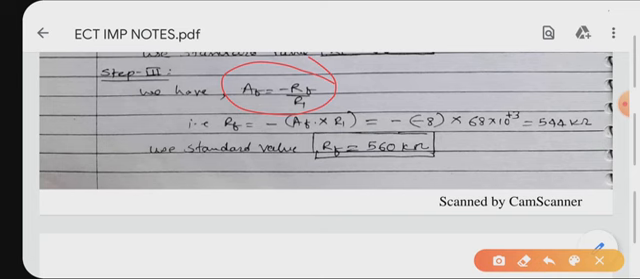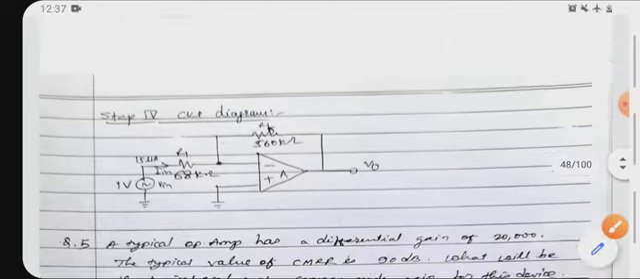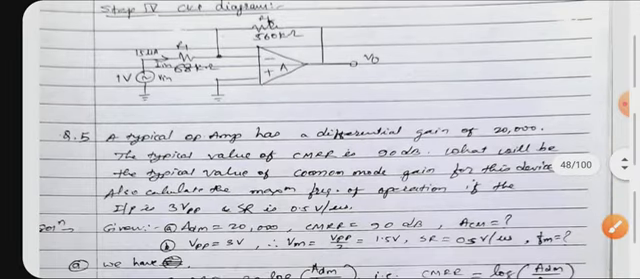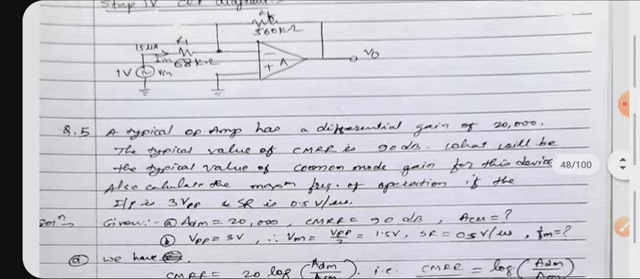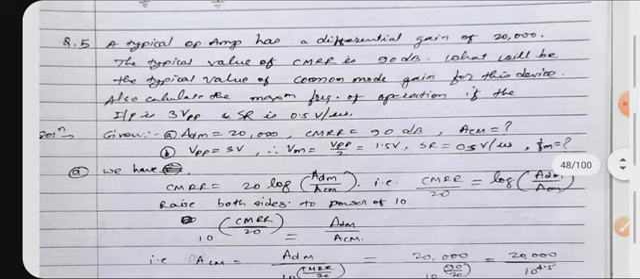So by using this, you will get the value of RF as 560 kilo ohm. Okay, final step, don't forget to draw the circuit diagram with all component values. Similarly, you can solve this question number 5, in which